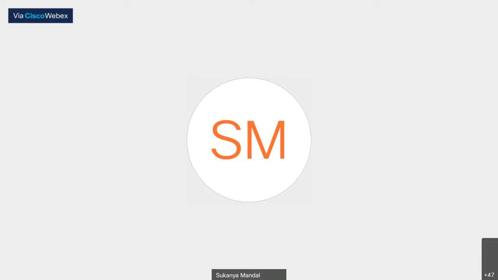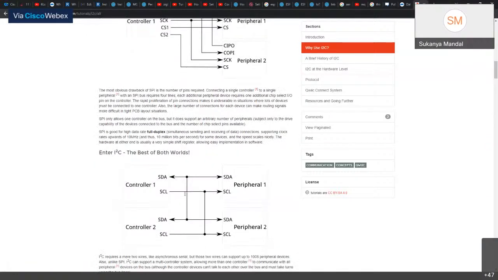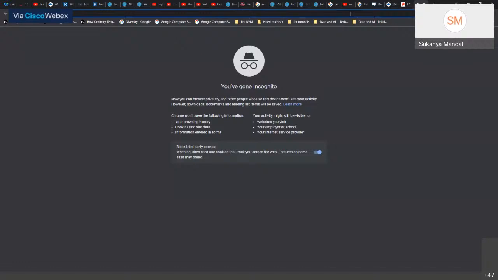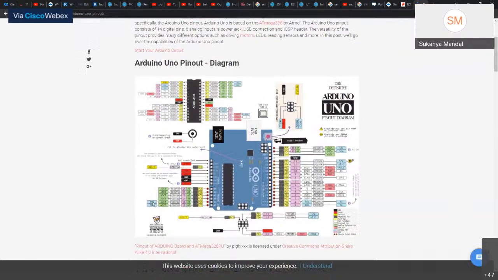If you remember these diagrams, Arduino had two SDA SCL pins. Let me open the pin out. Yeah, so Arduino has two SDA SCL pins, right?